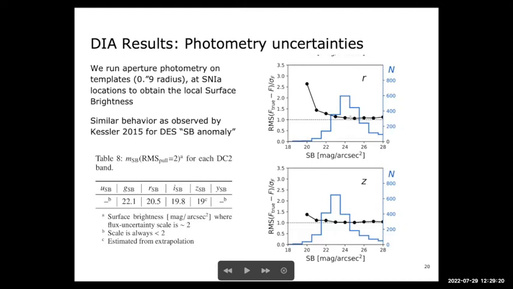You can see how the scatter increases when the host galaxy is very bright near the supernova. This effect is observable even in DC2 simulations, and it has also been observed by the DES survey. What we quantified here is when the scatter becomes twice